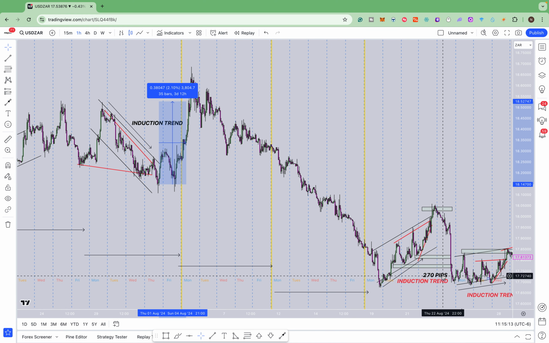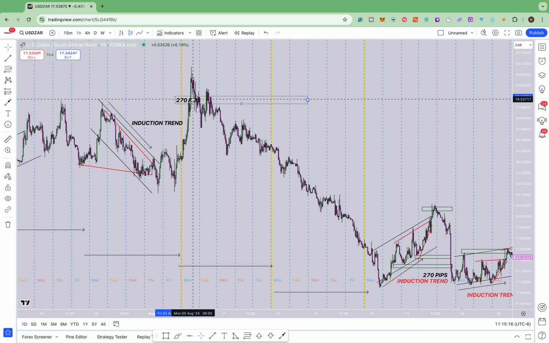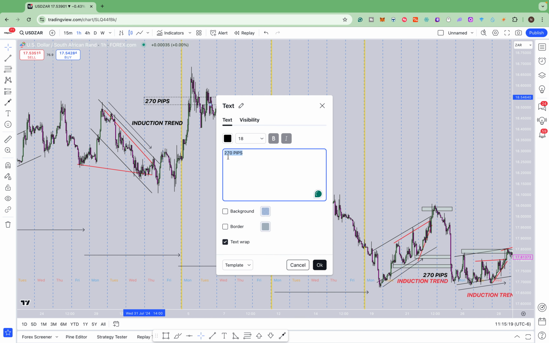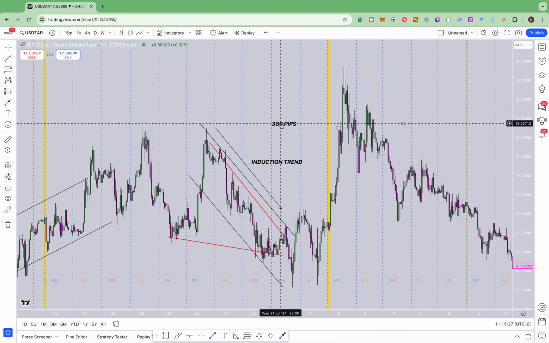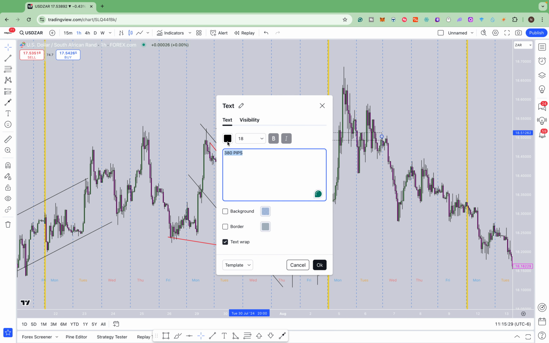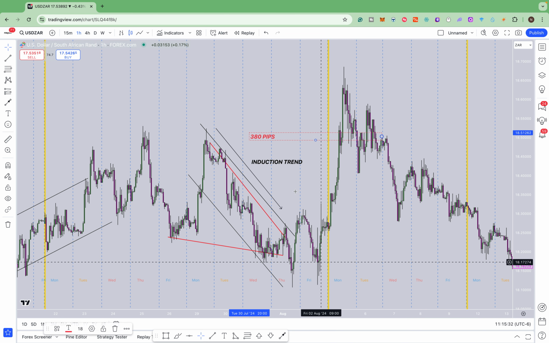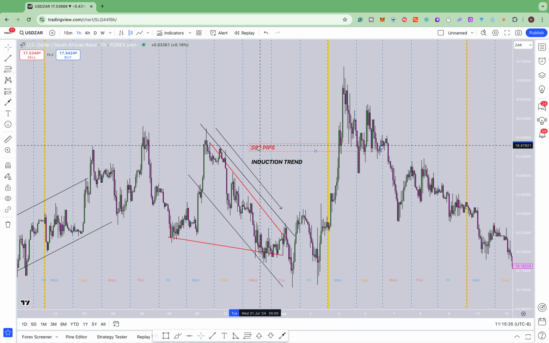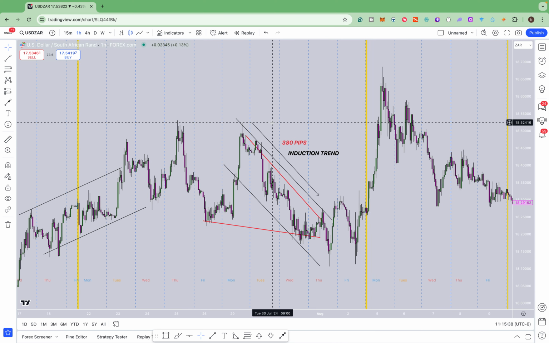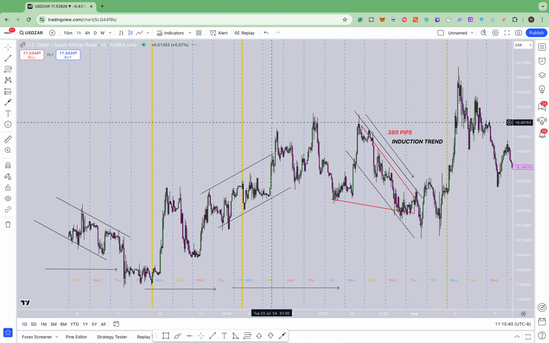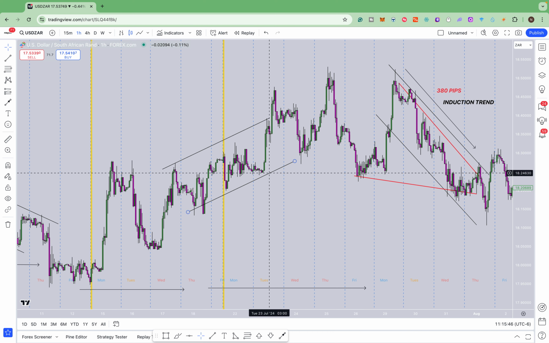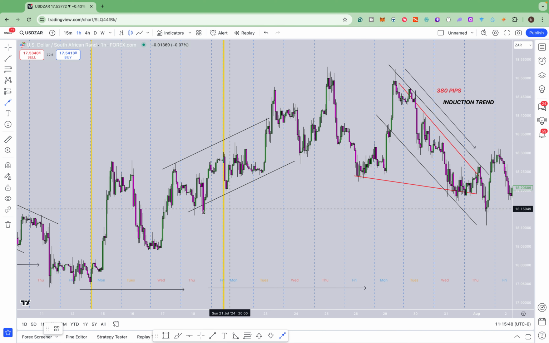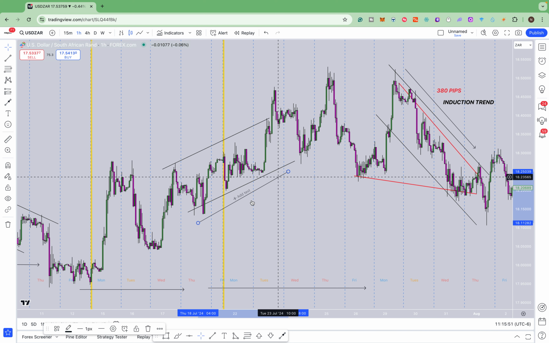So as you guys can see, there is massive potential for this strategy. It plays out almost every week. And it always has the same confirmations, the same characteristics, the same plays. We're always working with the same thing, just different variations. So once again, we have an induction trend. However, this time it is an uptrend. The next following week,